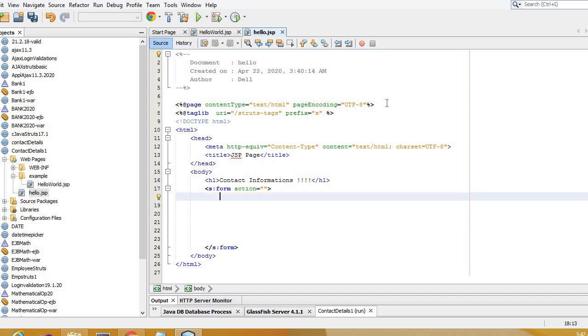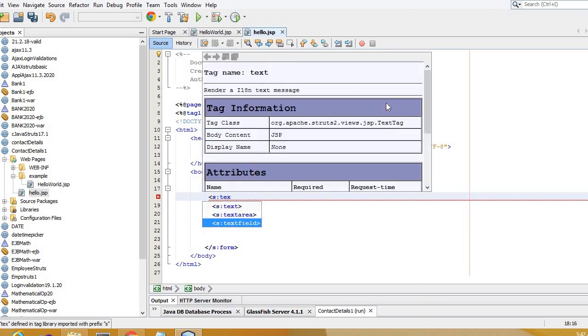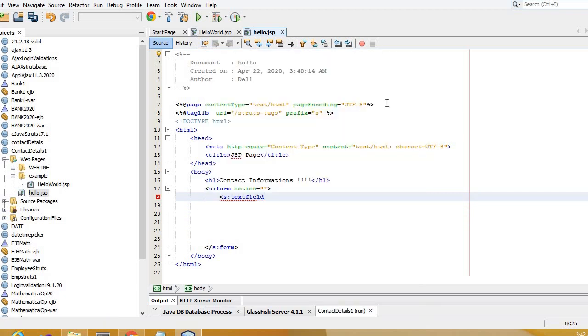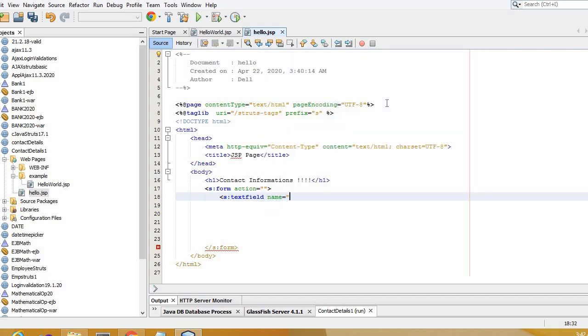Then we will go ahead with the text field. The name of that particular text field is given as, let's say, firstName.